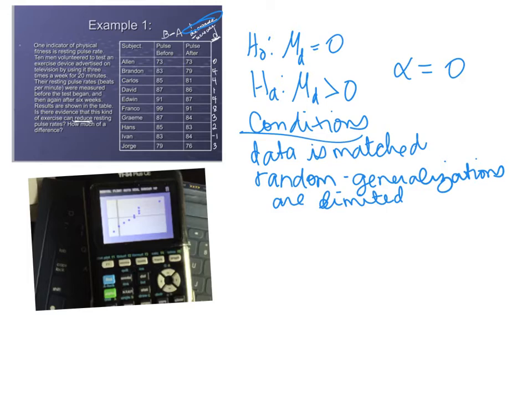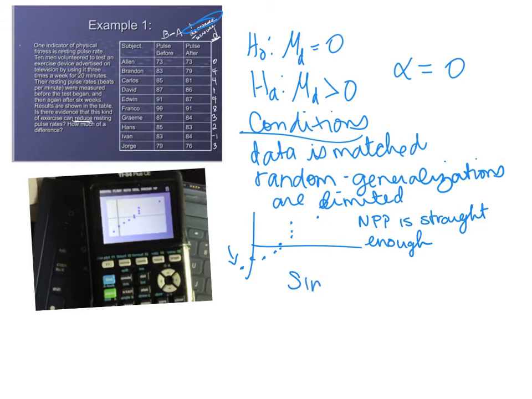So we're going to say this point over here is that negative. And so the normal probability plot is straight enough. So since conditions are met,